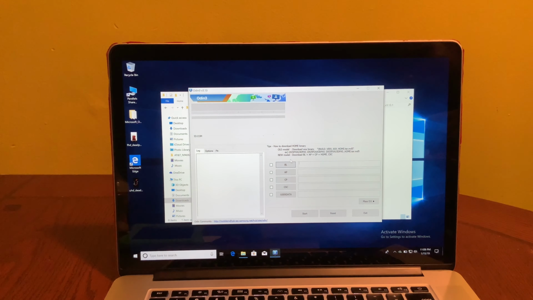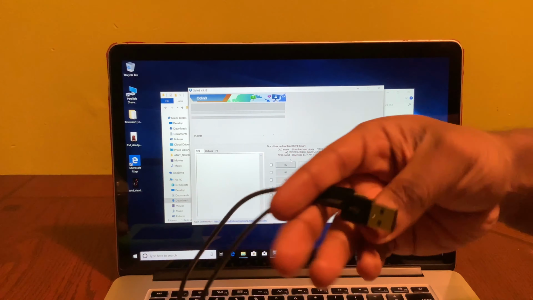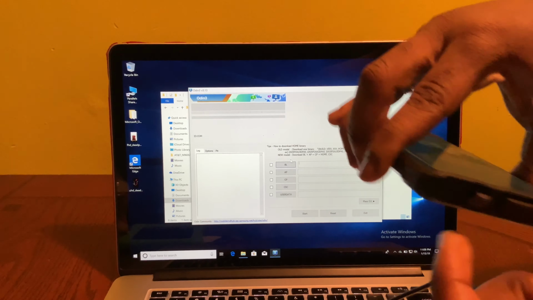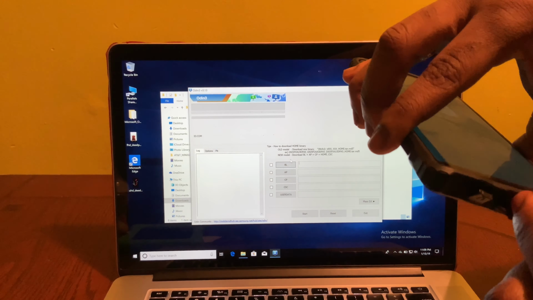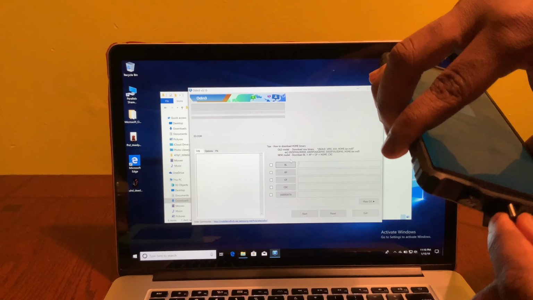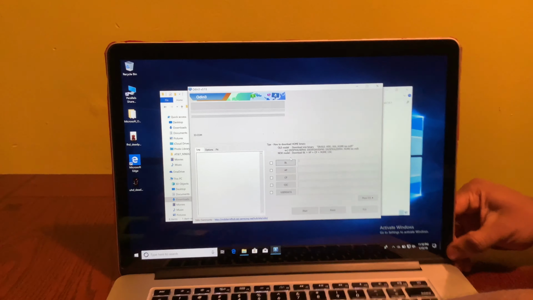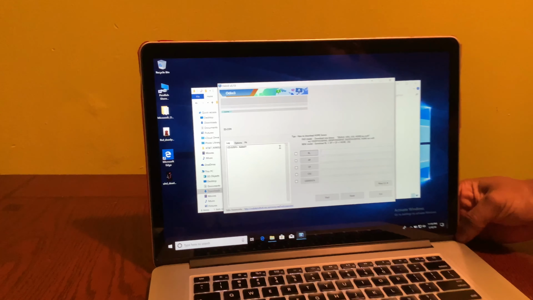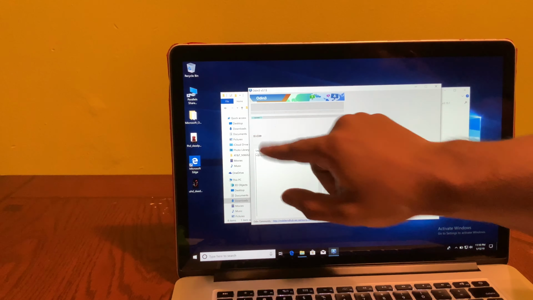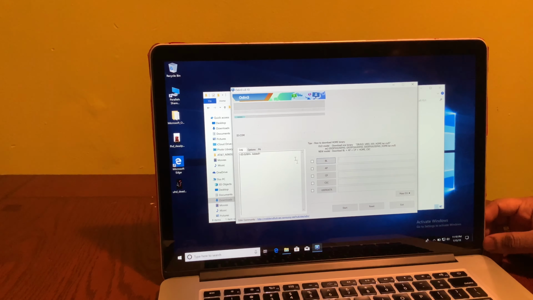Okay, next thing you want to do is connect your phone to the computer. That's what I'm going to do here, just show you guys how I did it. All right, plug it in. Now once you connect it, that little bar right there was gray. It turns blue, and all you need to do is